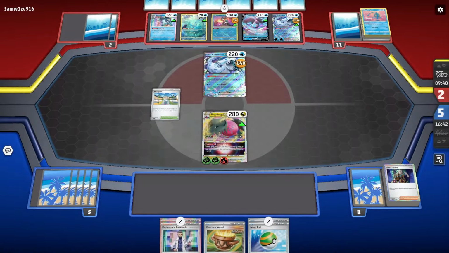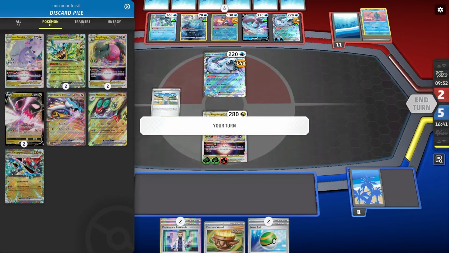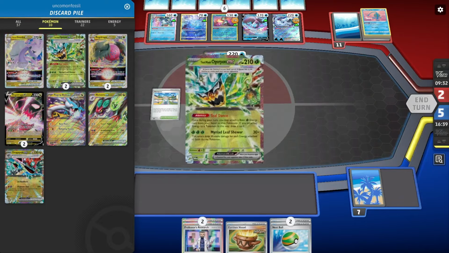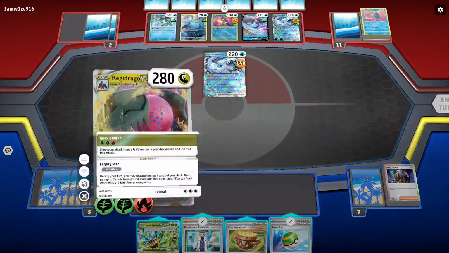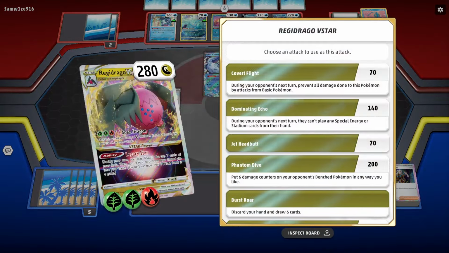So I'm going to attack again, and then I'm a boss away from game, because I can actually take 6 prizes then with Dragapult EX, right? He's in the discard pile, right? Yes, he is. So all very nice here. I will Apex Dragon. I could have researched just to guarantee the...